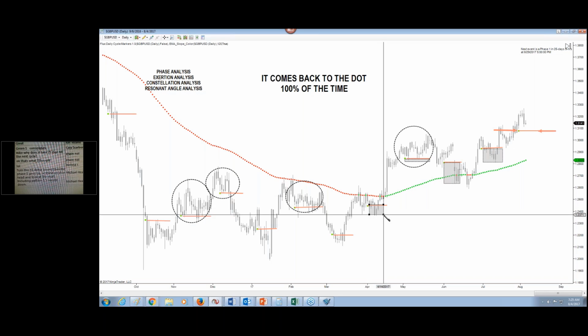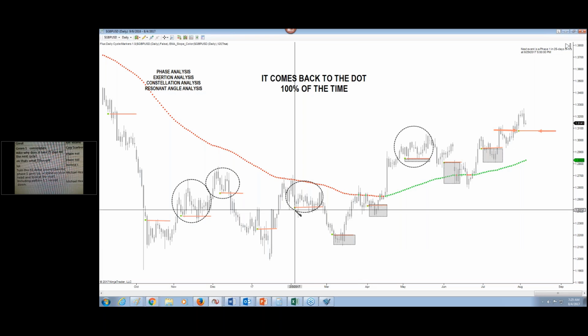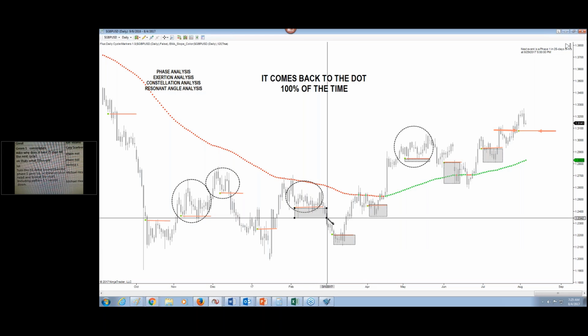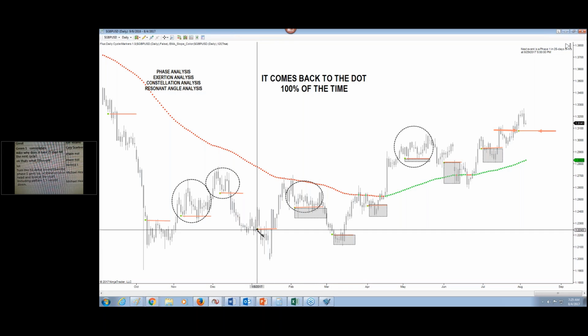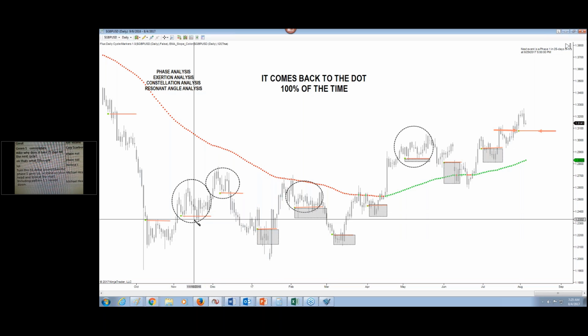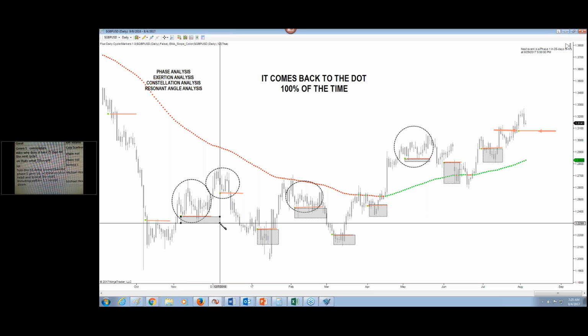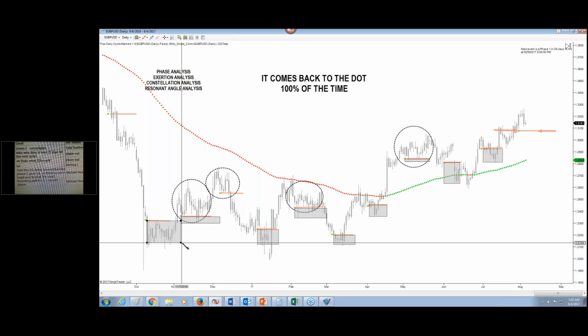Here it went that far below the dot. It went this far below the dot, and this far below the dot. That one was just ridiculous, but I want to draw a box there. This one went this far below the dot, and this one just went nutso below the dot. Just going to find the candle bodies themselves